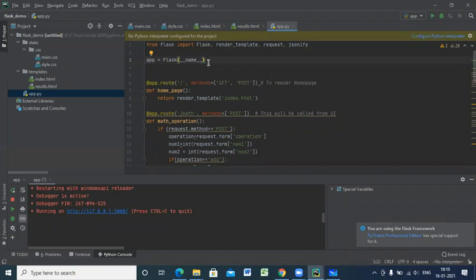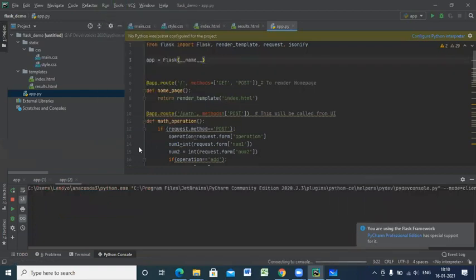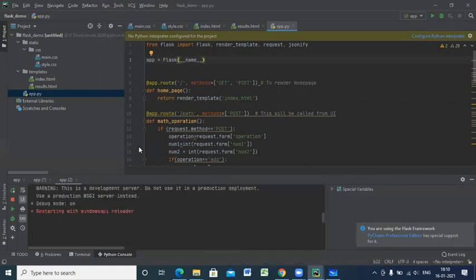I'll just run the application first. Later I'll come back and explain how the code has been linked. Let me run the application. You can just go here and say run, run app. So Flask will be running in the backend, and if it says Flask is not installed or something, you can just use pip install flask and install the necessary libraries.